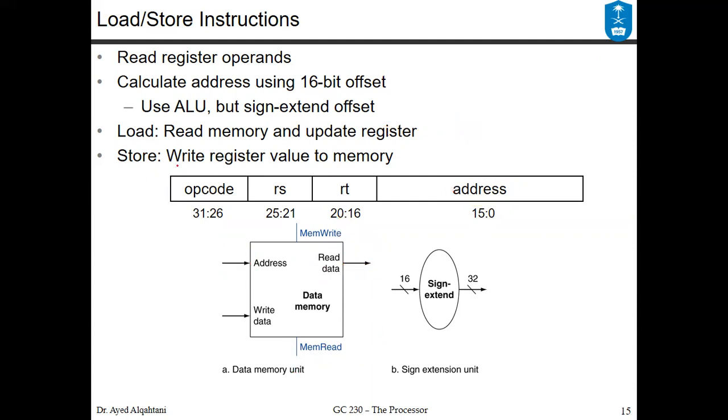Now, for the store, you write the register value to the memory. So you need the data that you want to write inside the data memory, and you also need its address. And the address calculation is similar to the load. You have a base register, usually this is RS, plus the offset or the immediate value that you see here. So you need the base plus the offset, or the base plus the address,